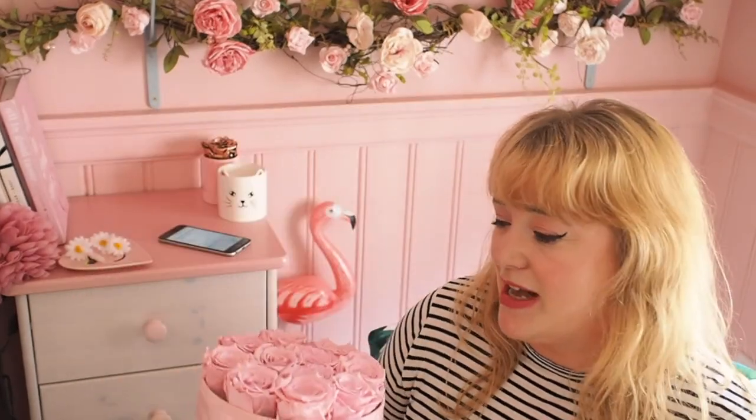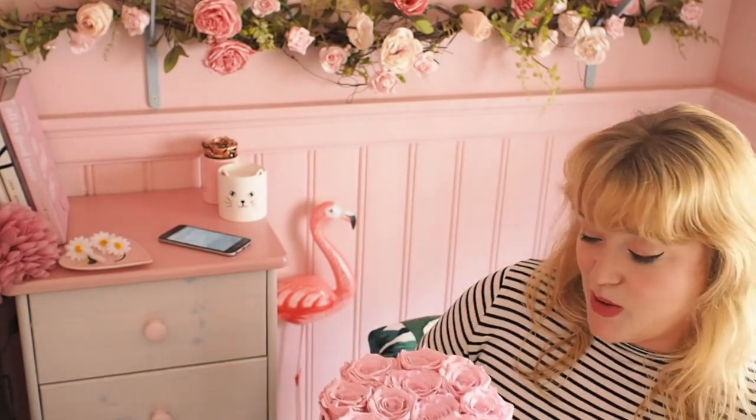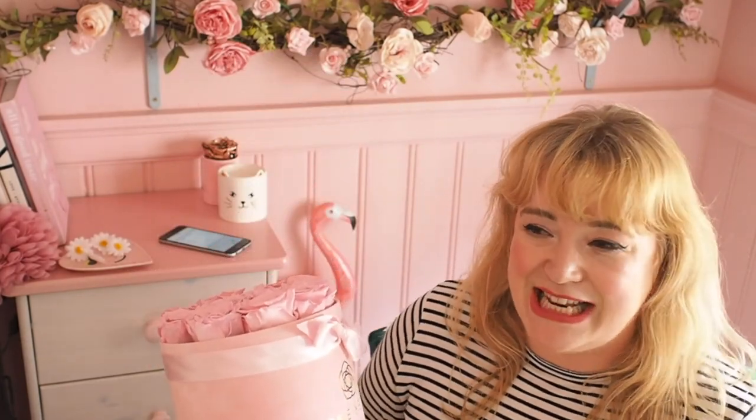I'm personally not into it. I think it's a bit bling for my look, but that is an option. Also, which is quite cute, on the inside of the box, which is underneath here. So you sit the box on the lid, but on the inside of the lid, you can get a little